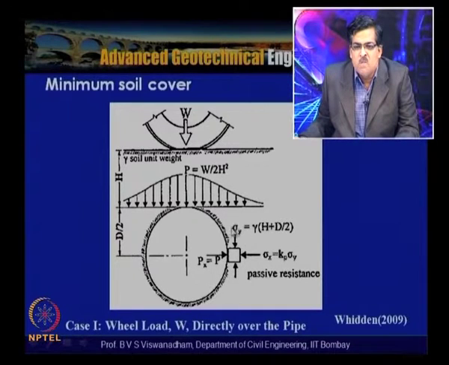You can see that sigma v is the vertical stress, which is gamma into H plus d by 2, acting at the side of the pipe, and the lateral stress, the resistance offered, is sigma x equal to Kp into sigma y. This is the passive resistance provided by the soil, and the internal pressure Px equal to P is exerted and countered by this passive resistance, sigma x. Sigma y is the vertical stress, gamma into H plus d by 2. So the passive resistance is Kp into gamma into H plus d by 2, which is the stress sigma x in the x direction.